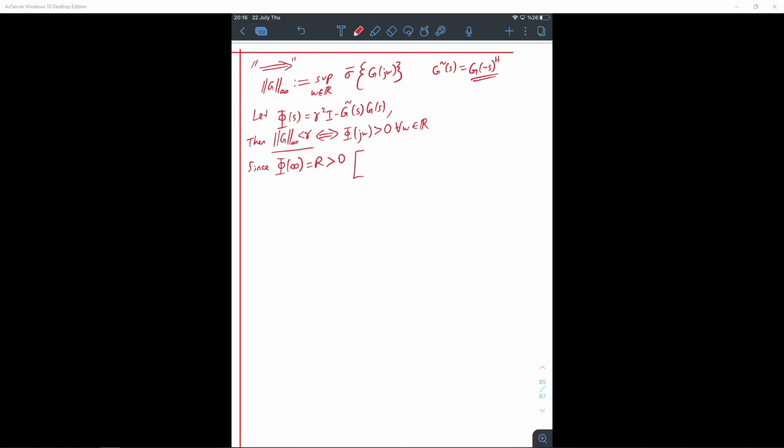and I want to expand this, elaborate on this a little. So we all know g of infinity equals d, right? For example, g of s equals c, s I minus a inverse b plus d, right? So if s goes to infinity, this goes to 0, and we only have d term. So we can write this, g of infinity equals d, right? And